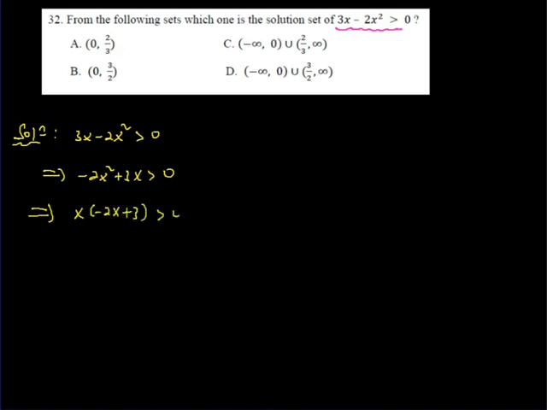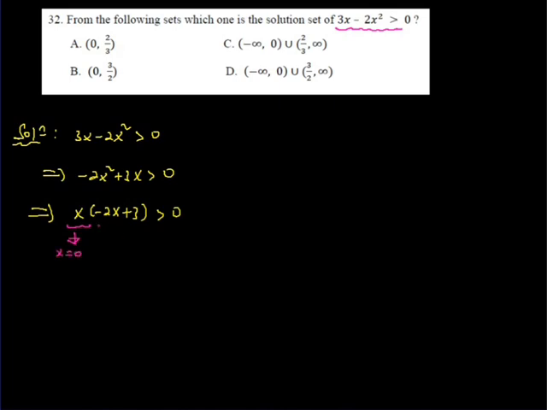So, the inequality is 3x minus 2x squared greater than 0. ይሄ ማለት ምን ማለት ነው? minus 2x squared plus 3x greater than 0 ማለት ነው። ይሄን ፋክተር ስናደርግ ምን ይኖረናል? x into minus 2x plus 3 is greater than 0 ይሆናል።